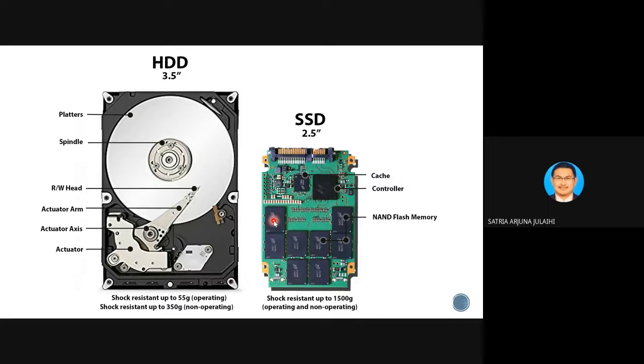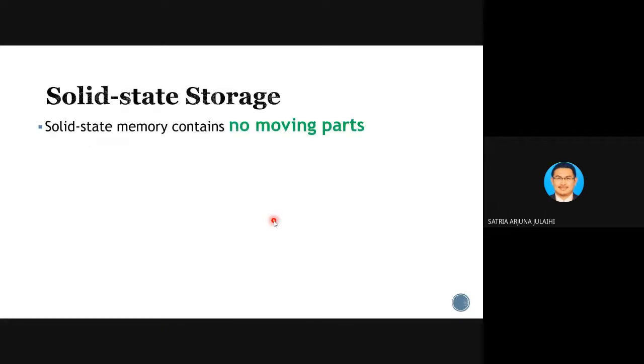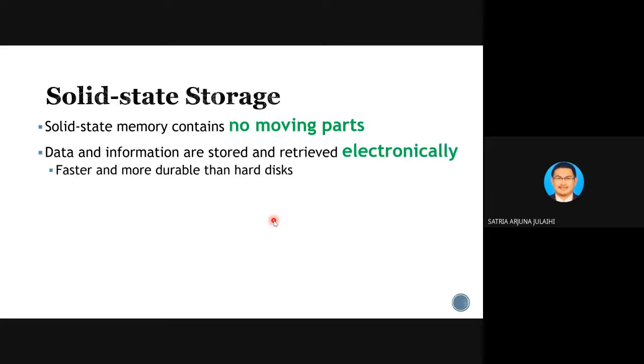Okay, let us look at the discussion about solid state drive or solid state storage. SSD is solid state drive. Solid state memory contains no moving part, and it is using electronics technology, as we have seen just now. So you remember how it looks like,